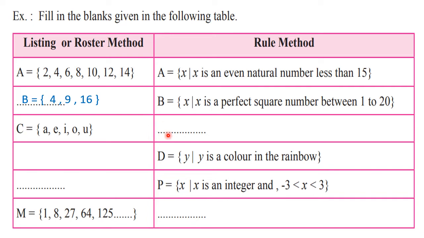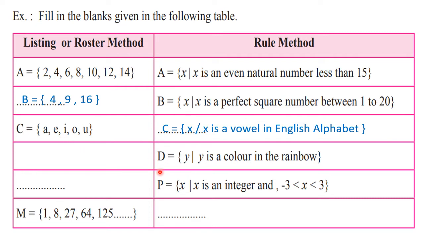So you will write down first set C and then equal to, and inside the curly braces you will write down X first, then slash or any other variable you can use, and then you will write down the property in front of that. C is equal to, then curly bracket X, then slash. You can put a standing line also, no doubt. Then X is a vowel in English alphabet. This is the property, this is the rule which I found out by observing the elements. Okay.